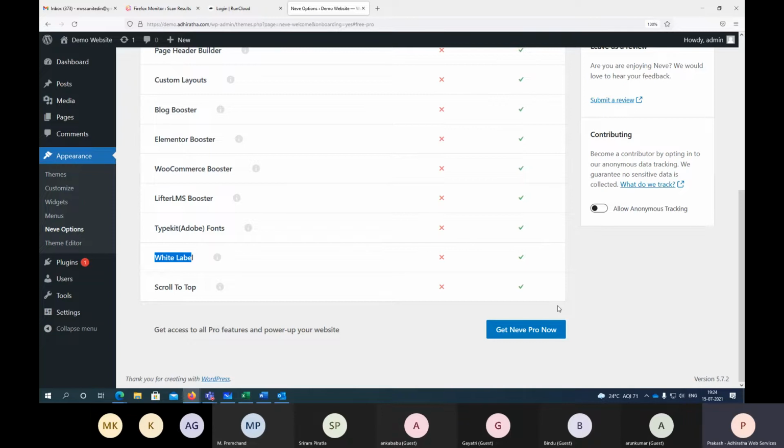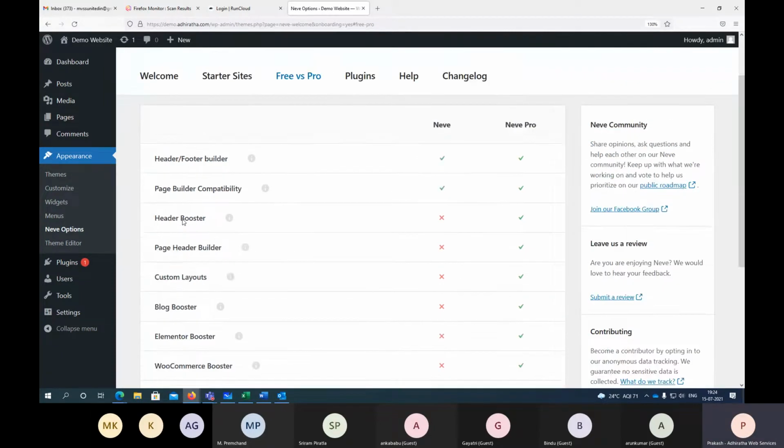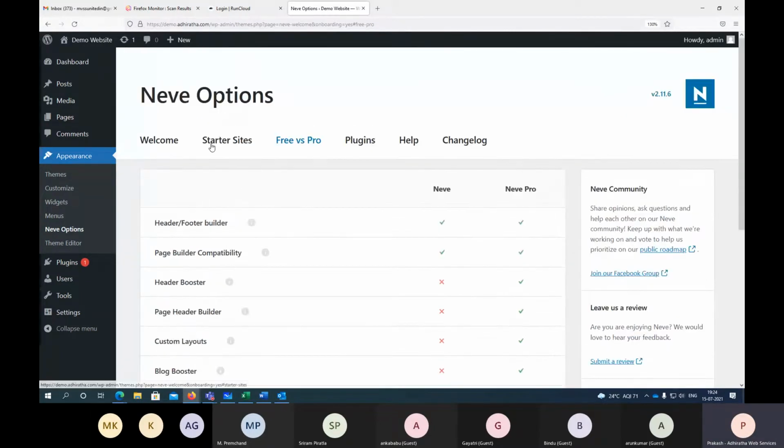So one of you might ask me to design a website. So I charge some X amount and give the website, right? When I give the website, you will know that this guy, Prakash, has designed using which theme, all the things you will come to know. But if I go with the paid version, I can edit that so that you will not come to know which theme I am using because it is designed by me. You will think even the theme, including the theme. That's what it is for any developer or agency out there building websites for their own clients. Right, this is what white label is. You have a lot of features and functionalities. So right now we'll try with the free version.